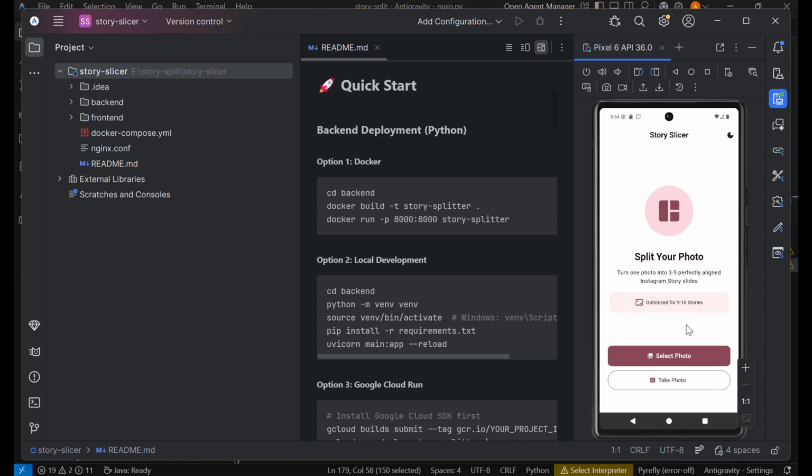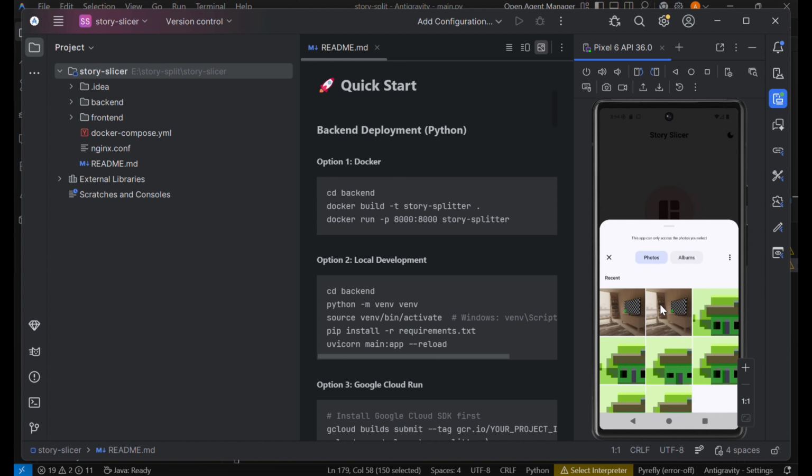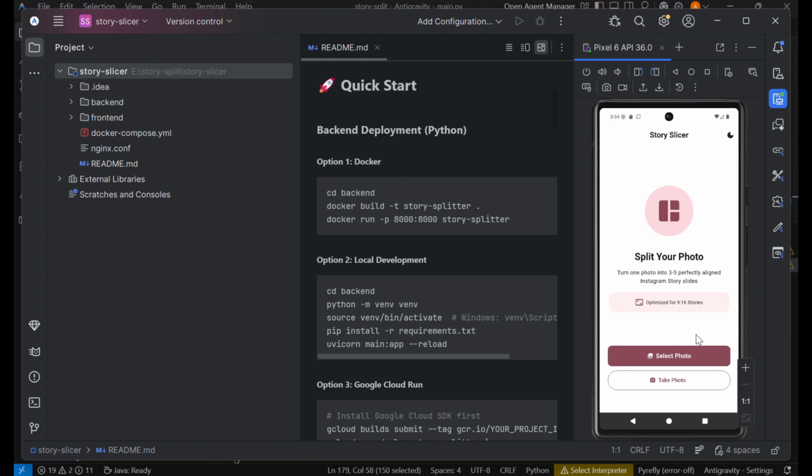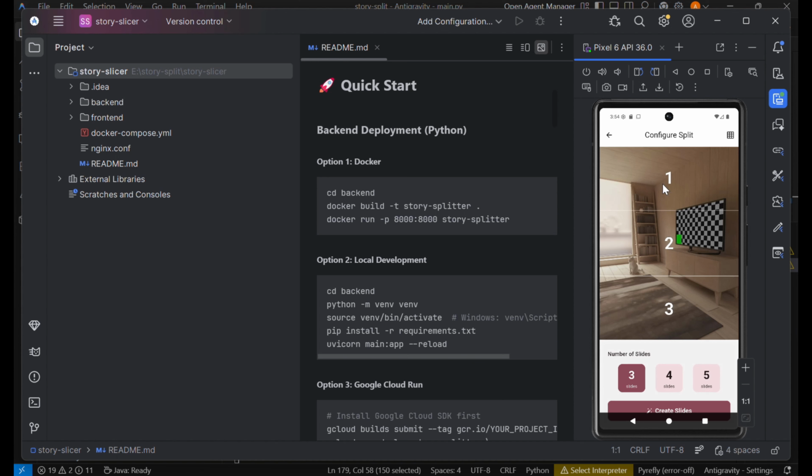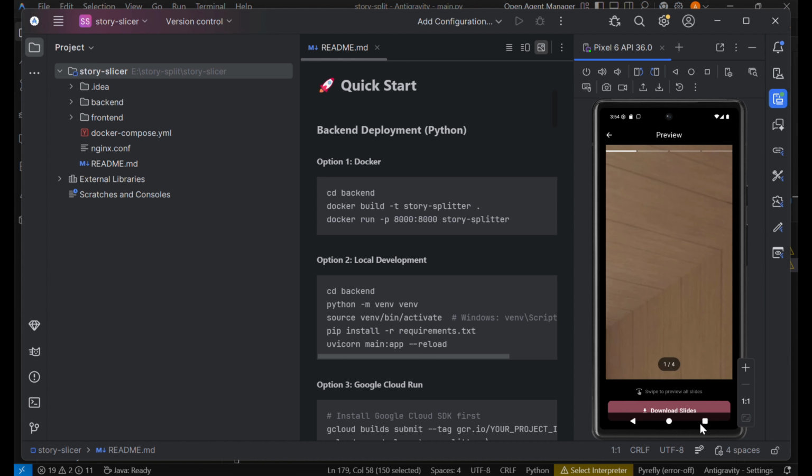Now, I'm going to upload an image. I'll just pick one straight from the gallery. You can split it in 3 different options: 3, 4, 5 here. I am choosing 4, so it will show the 4 parts of the sliced image. I'm choosing 4 tiles to split the image, and you can see the app instantly processes it. I can zoom in and preview each sliced image. Everything is perfectly aligned, no quality loss at all. Once that's done, the app is ready to download the final story slides.